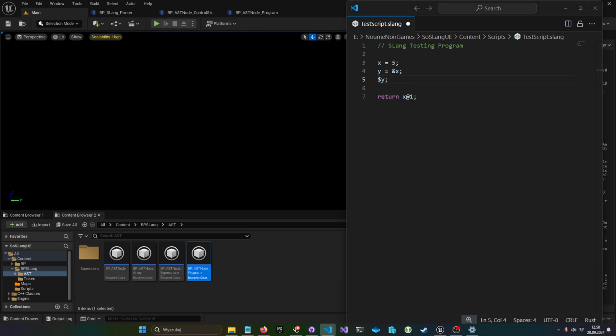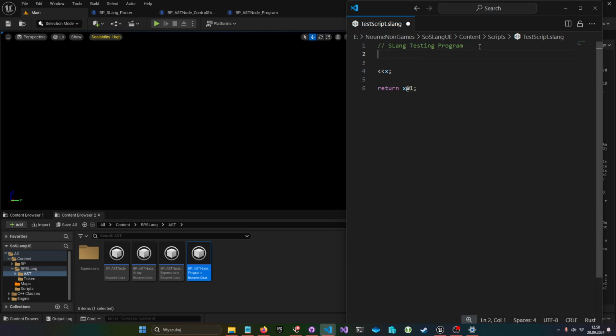So what's next? Well, we have some very nice additions. We have something like this. And what do you think this does? Well, in my language, I decided that input and output operations should be very simple.